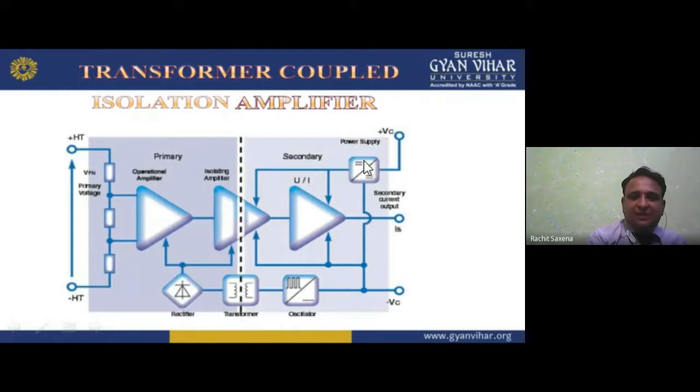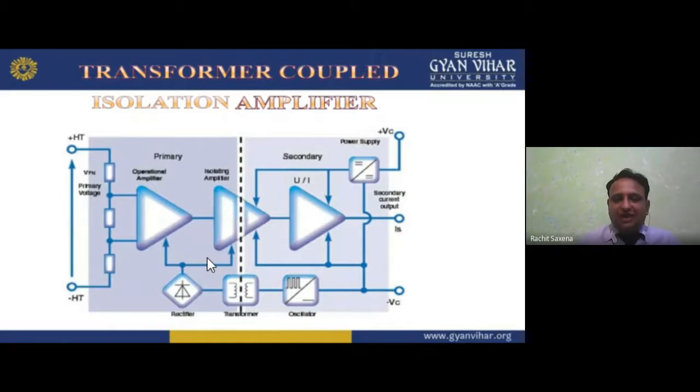Here we have the power supply, and we have the oscillator. What are we using the oscillator for? To generate the frequency range or signals which you want, in the frequency you want. Power supply is given here, and the secondary output we are getting from here, plus supply and minus. So the isolation I am making is with the help of a transformer. That is why it is known as transformer coupled isolation. For the coupling purpose I am using the transformer.